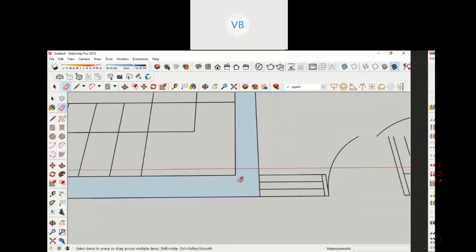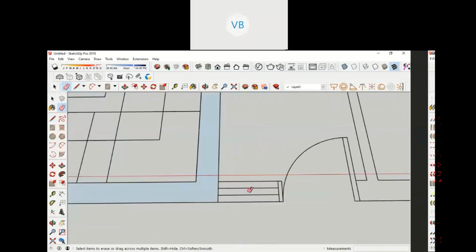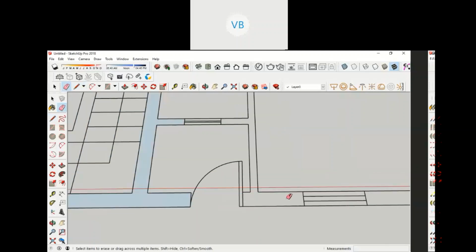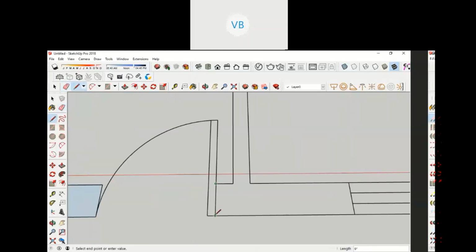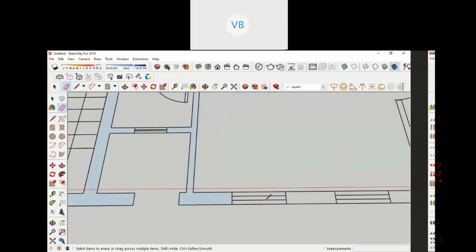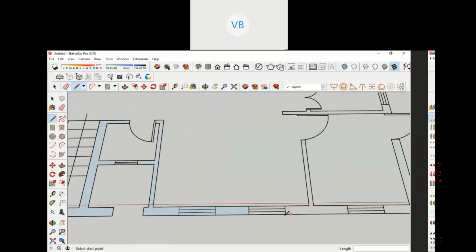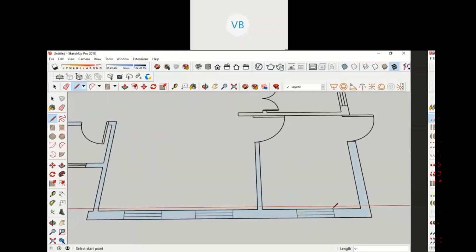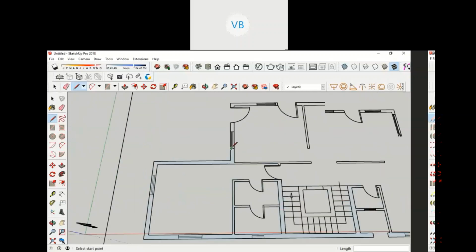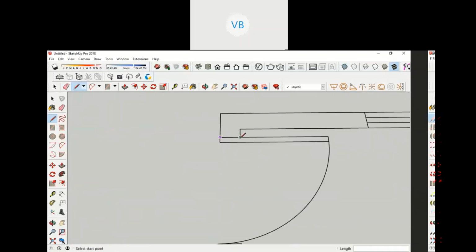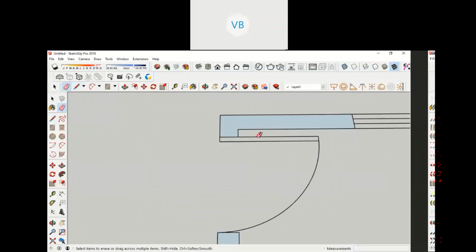So try to delete all the things which you don't need. To be frank, I don't even need these windows yet. Windows I can check in my AutoCAD file, and windows and ventilators I can draw later on. Even the doors, I don't need in this SketchUp. I can model a door separately. Probably this will take 1 hour, and overall the whole modeling will take approximately 1 hour.